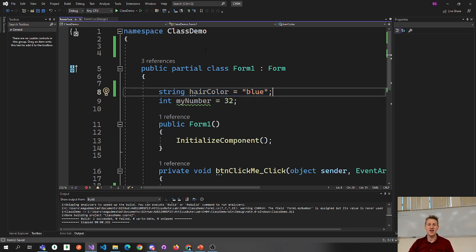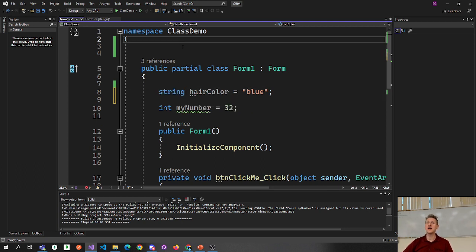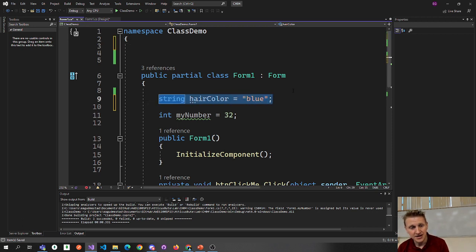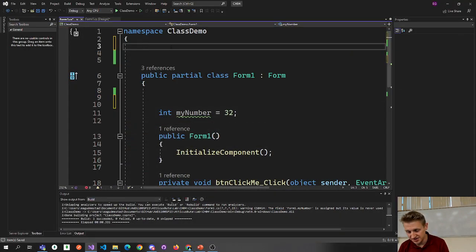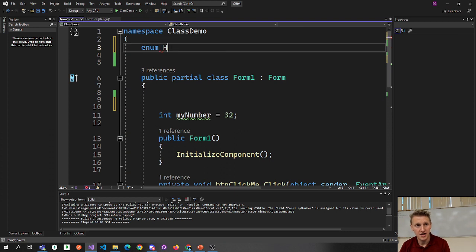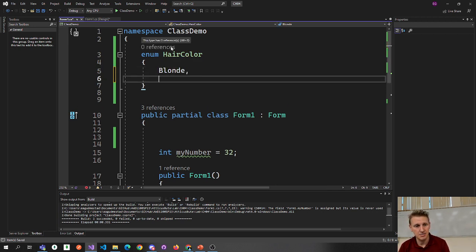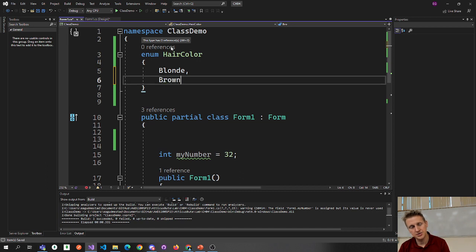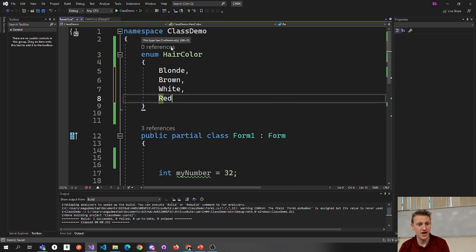Instead of just saying our hair color is going to be a string, we could create an enumeration, and that enumeration would only have certain acceptable values. So let's go ahead and create an enum called hair color. Again, it's done with this enum. Notice where I'm coding. Hair color, curlies. And we'll say blonde, comma, brown, white, red,